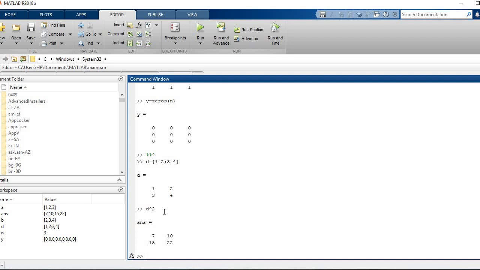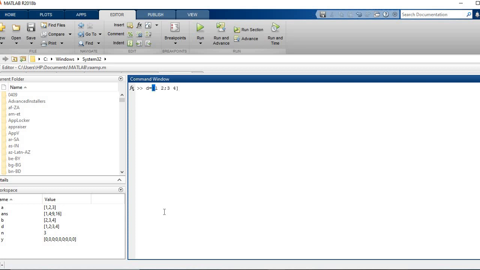Simple. Okay, so now for the last time we will be again focusing on the dot operator. I earlier said that a dot operator leads to element wise operation. For example, we define a matrix D as square brackets 1 space 2 semicolon 3 space 4.